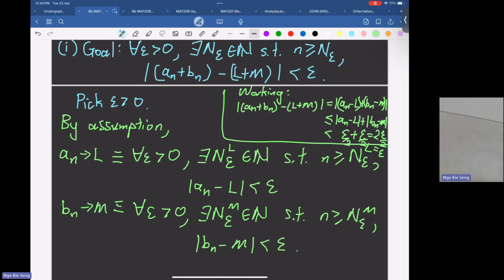Okay, just now Ethan said, because this is true for all epsilon. What does true for all epsilon mean? Let's say I put 0.2 here, I still can find this natural number. I put 0.1 here, I still can find a natural number. Maybe the natural number will change, doesn't matter. 0.2 works, 0.1 also works. So epsilon works, epsilon over 2 also works, because this statement has to be true for all epsilon.